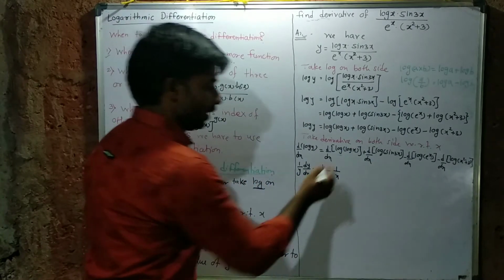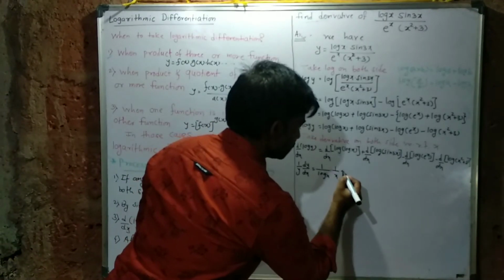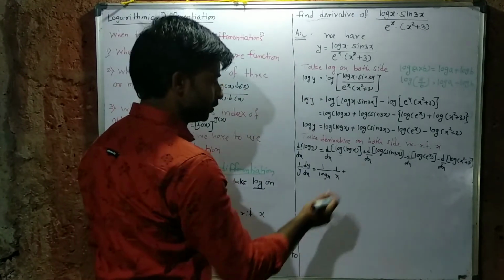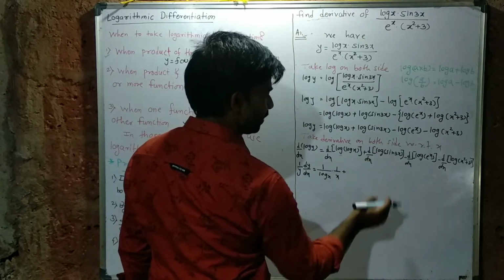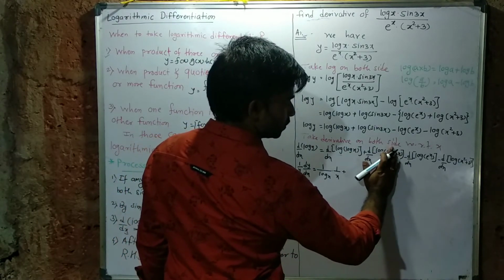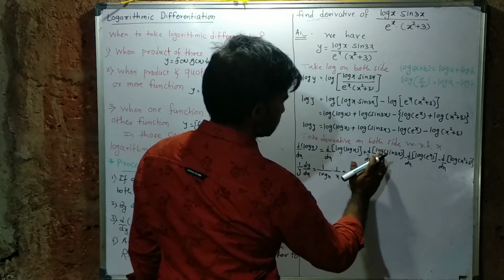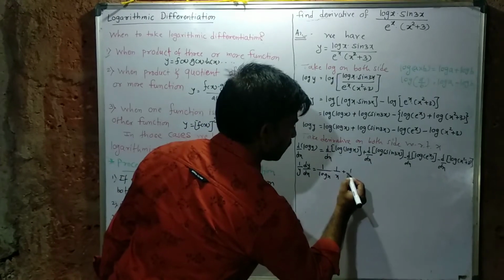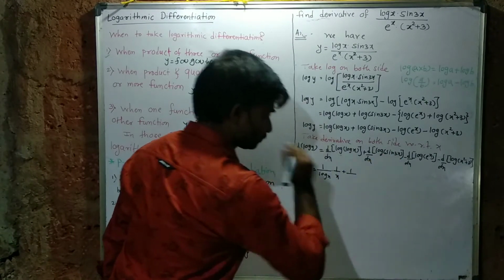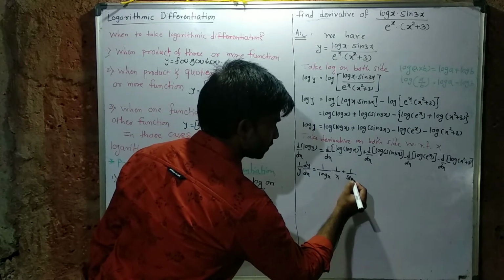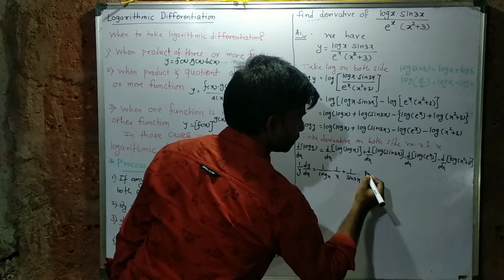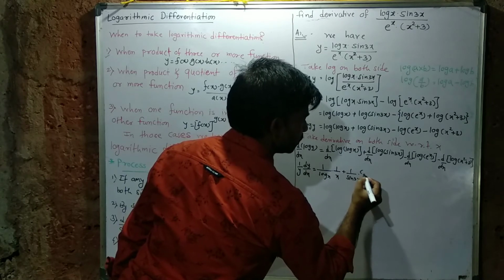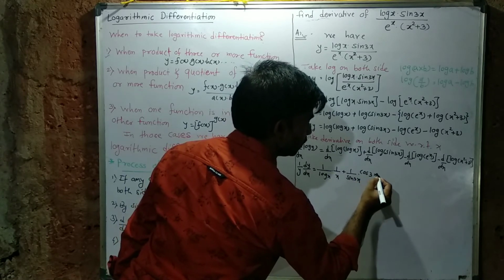Now we take the derivative of the next function the same way, covering sine 3x: the derivative of log is 1 divided by sine 3x into the derivative of sine, which is cos 3x,